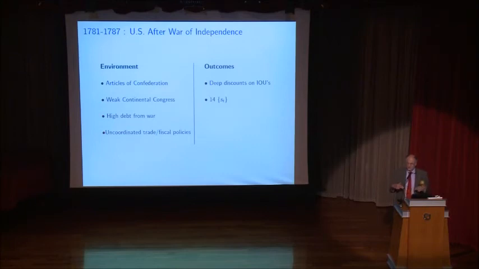Well, the central government had no ability to retaliate because you had 13 different trade policies, and if one country, New York, tried to retaliate, as they did, another country, Pennsylvania, would say, we won't retaliate. So there was a free rider problem there. So if you go read the Founding Fathers, they did not like that. They wanted to have the ability to retaliate. Okay, so what they did is they